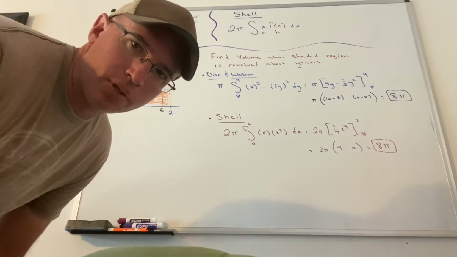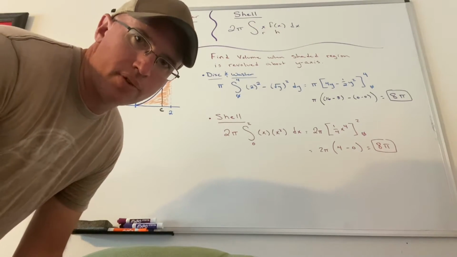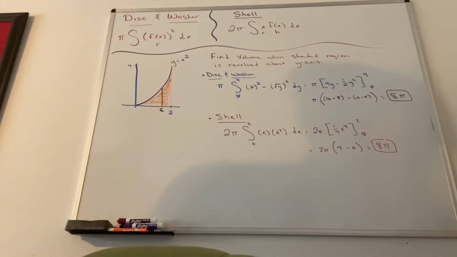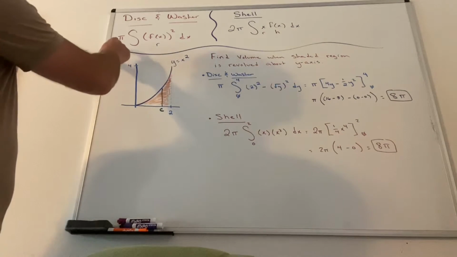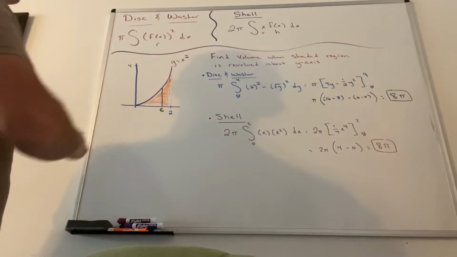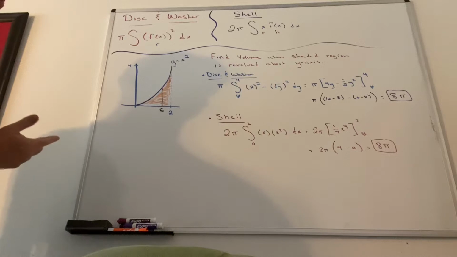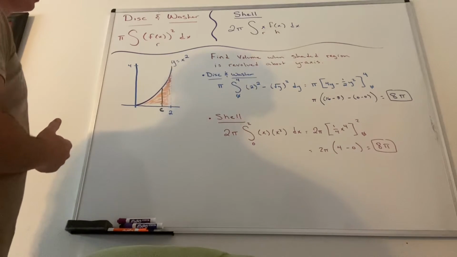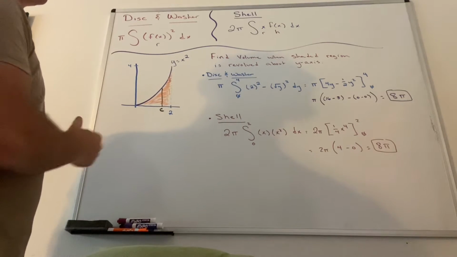All right, guys, here's a quick video on the disc and washer versus the shell method. Both of these are used to find the volume of revolution. The first one, disc and washer, is what I taught you in AB. This is pi r squared. We're used to that. And then the new method from BC this year is the shell method, which is 2